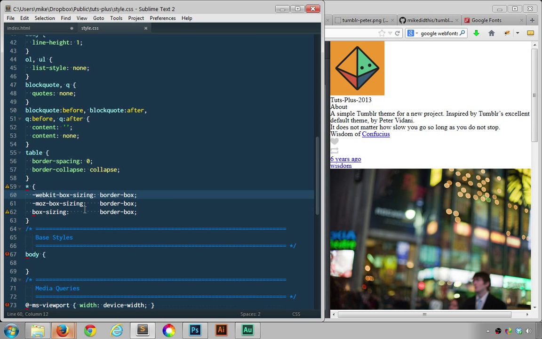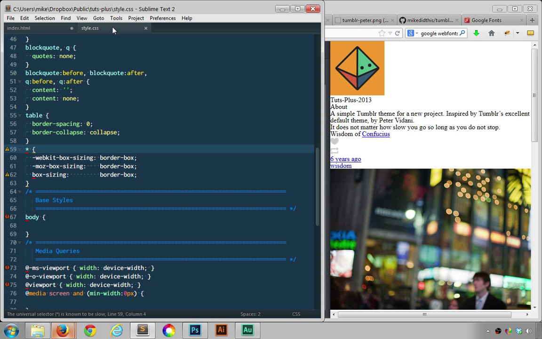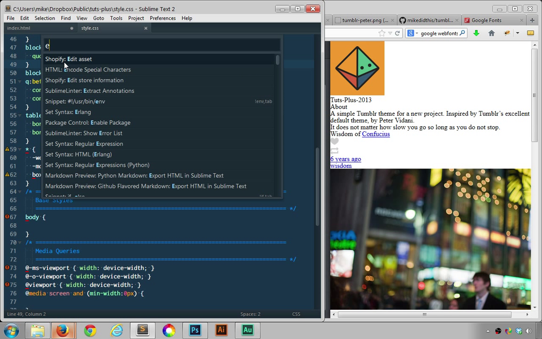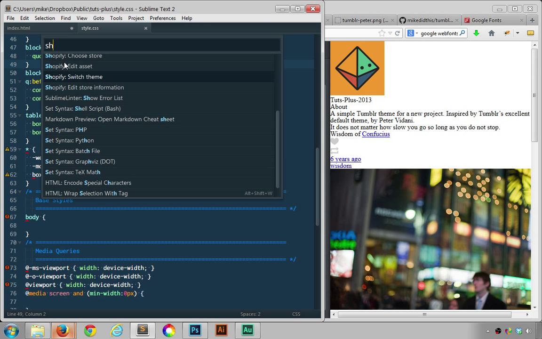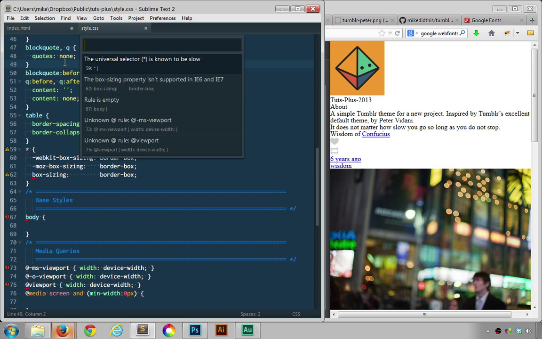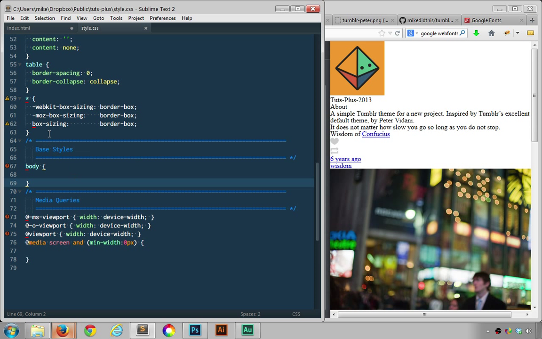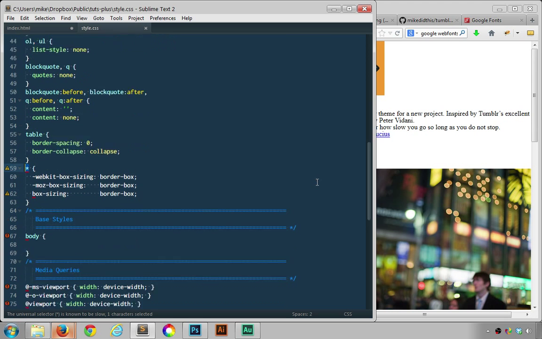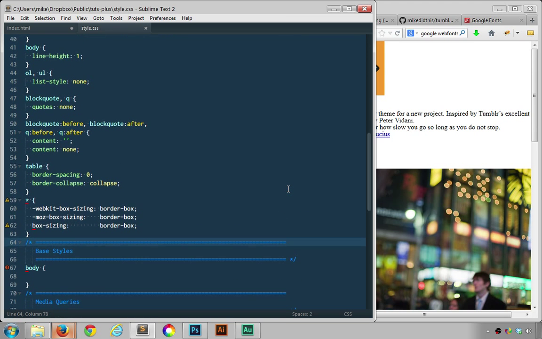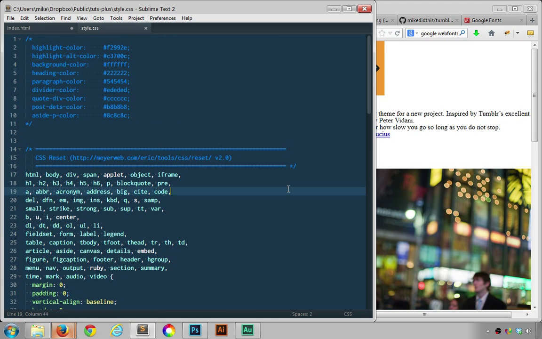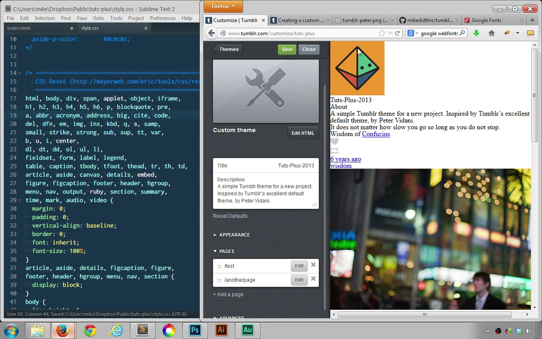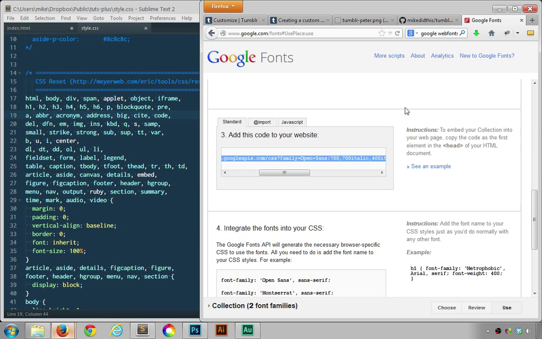I'm not 100% sure why the linters are going crazy here. Known to be slow, blah blah blah. Alright, okay, so it's just lint in it. It's basically saying that the wildcard is slow, which we know already, but we should be okay here. So I'm going to save that, and then the last part of the adding the fonts to the theme is